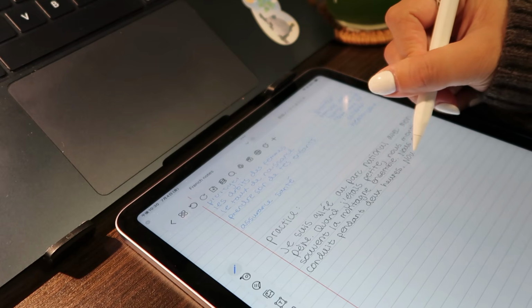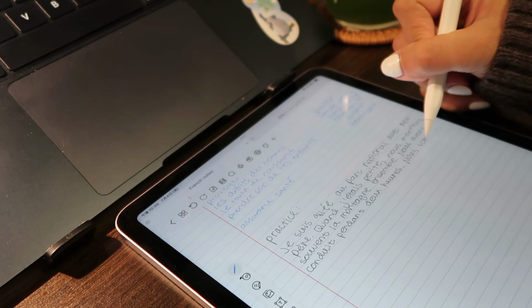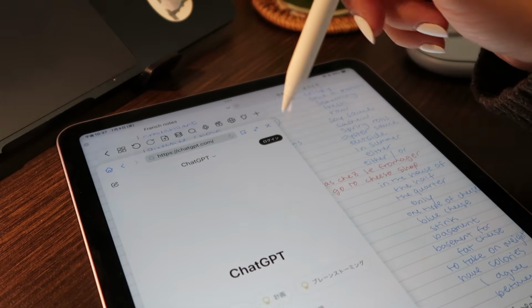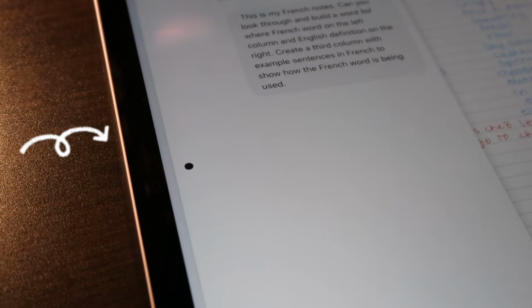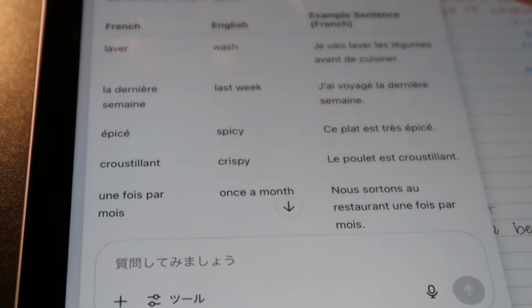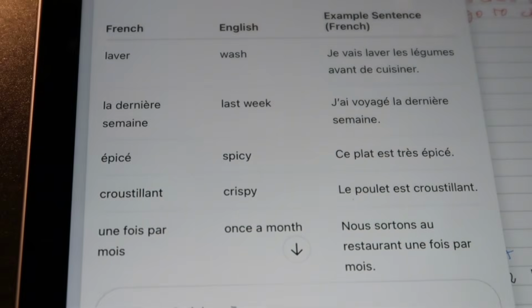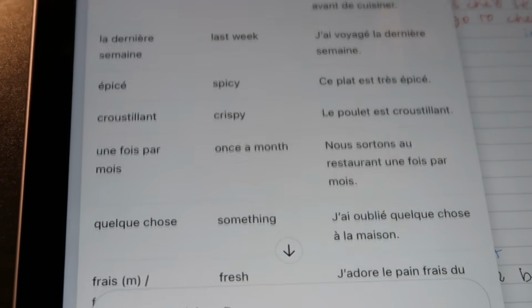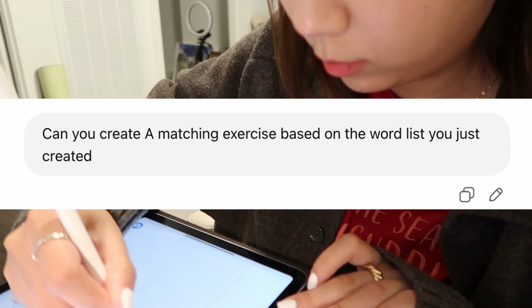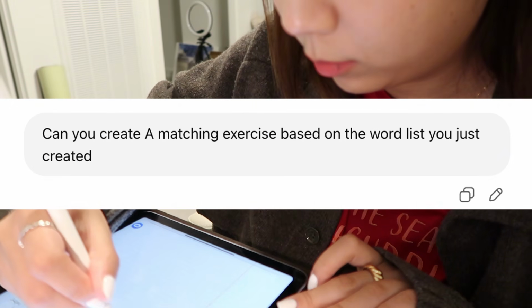ChatGPT is excellent for creating flashcards and managing vocabulary. Building a word list of commonly used words is extremely helpful. My in-class notes are usually messy, but ChatGPT cleans them up and keeps them organized. Another tip is to feed your word list into ChatGPT and ask it to create vocabulary exercises or quizzes to